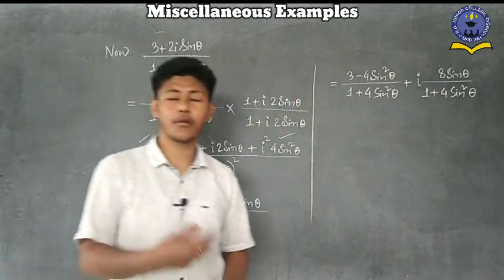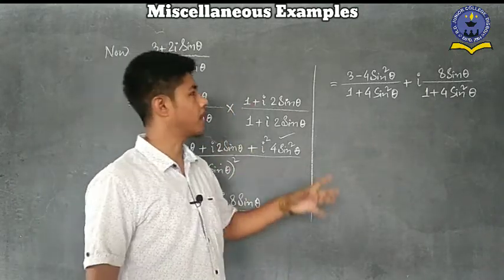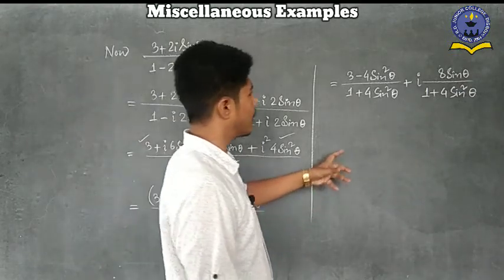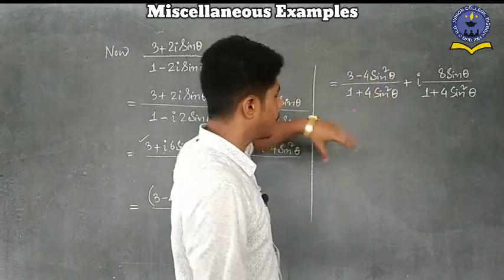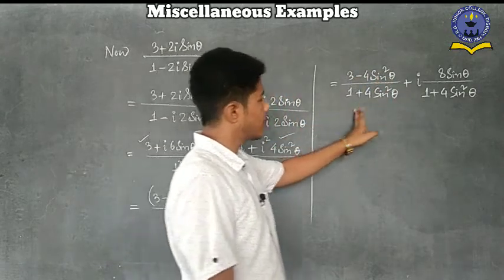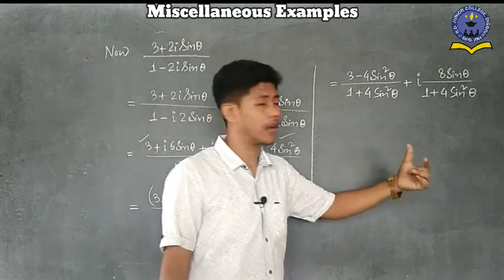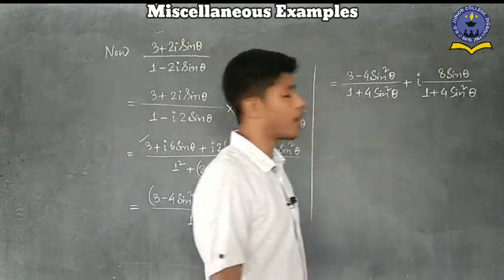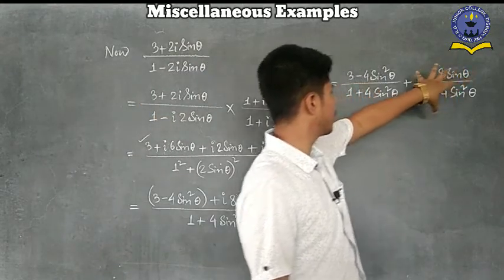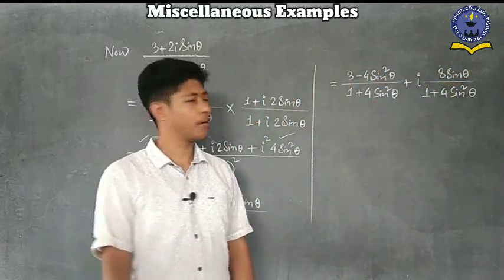So now according to our question, what we need? We need the value of theta when the complex number is purely real. So purely real, what is the meaning of purely real? That means we need only this result. If a complex number is purely real, that means this real part only we need. But here you see both the results we get. If we need a complex number in the form of purely real, that means this imaginary part must be equal to 0. If it is equal to 0, then we get purely real, is not it? Otherwise it is not possible.